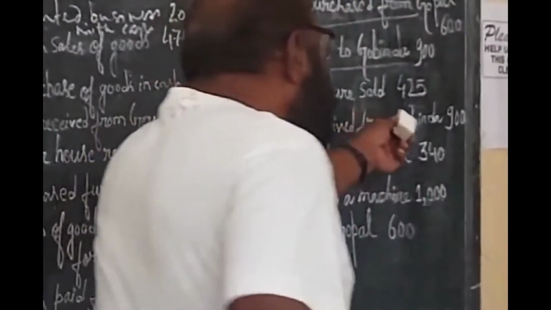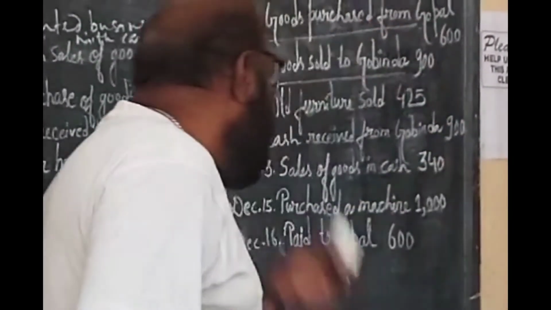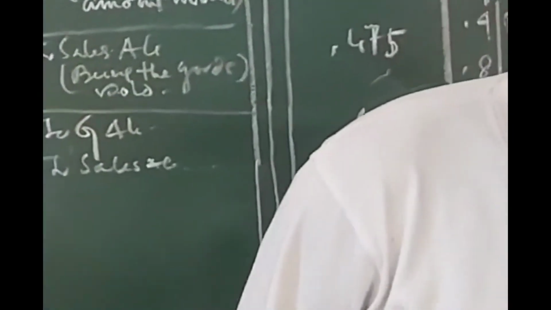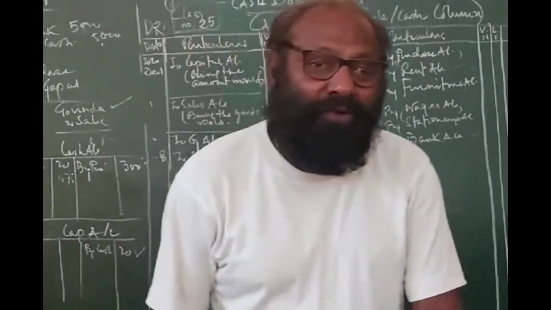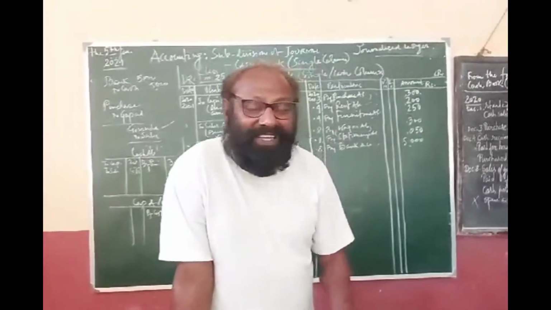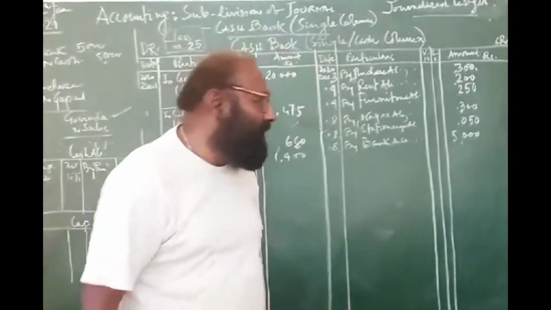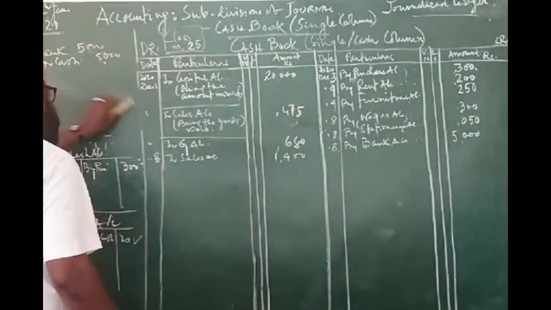Now, old furniture sold for rupees 425 on the 11th. What is the journal entry? Sale of furniture. You are getting cash, so cash account debit, and furniture is going out, so furniture account credit. So the journal entry is